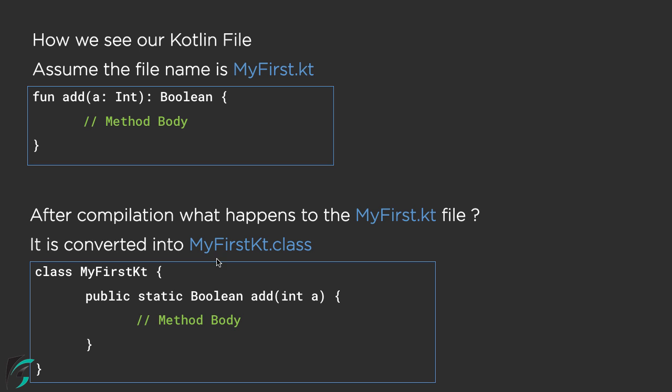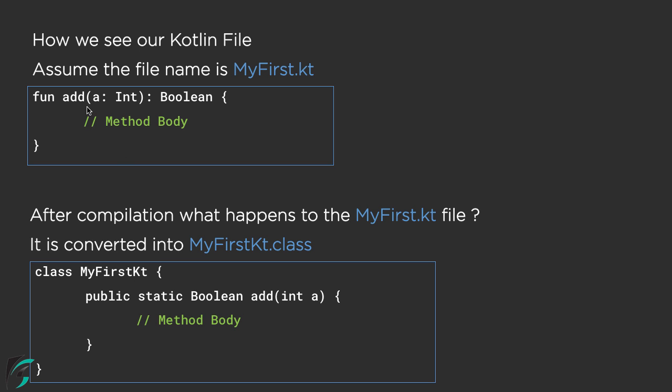If you compare this method and this method, you will notice that this is the high level method in case of Kotlin, and this is the typical method in case of Java. So we have public static. By default all the methods in Kotlin are public in nature, so we have public here.